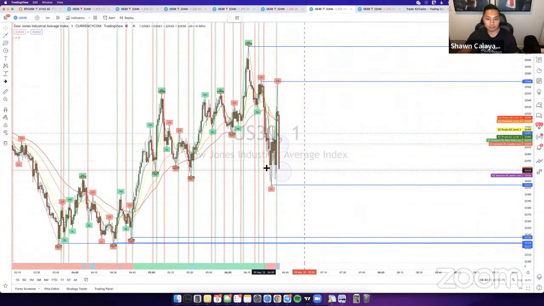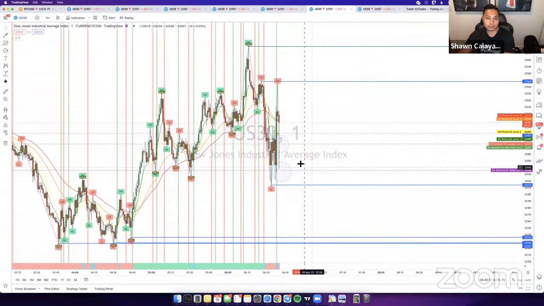I need price to be way down here. Then I'll start looking for some sells because I don't want to have any areas where there's uncertainty. Look where price is coming down from and where it's rejecting from, the sessions again, see that green line? Whenever price gets near these horizontal lines, I'm not taking any trades around this area.